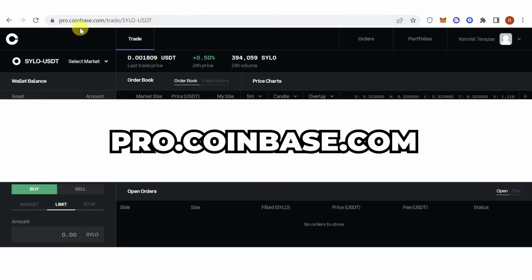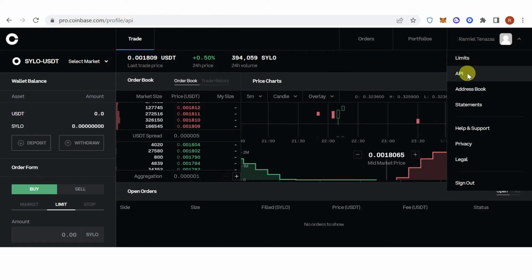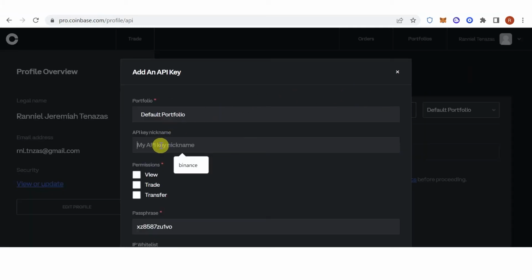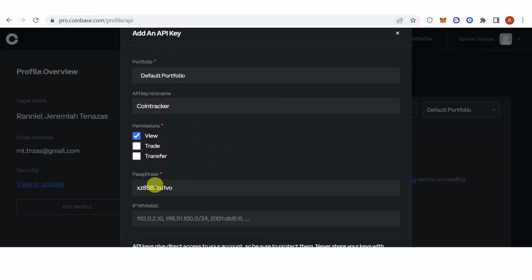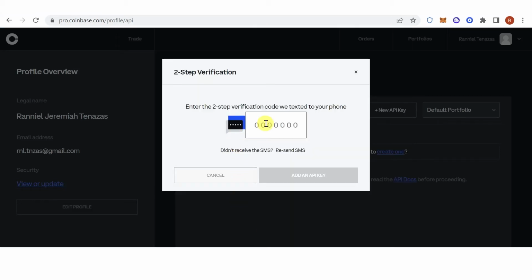So go to pro.coinbase.com, log in, and then click here, click API, click new API key, type down your nickname, the API key nickname, for example, Cointracker, and then enable the view permission, copy the passphrase, paste it here, and leave the IP whitelist blank. Then click create API key, and then enter the verification code that was sent to you by Coinbase, and then